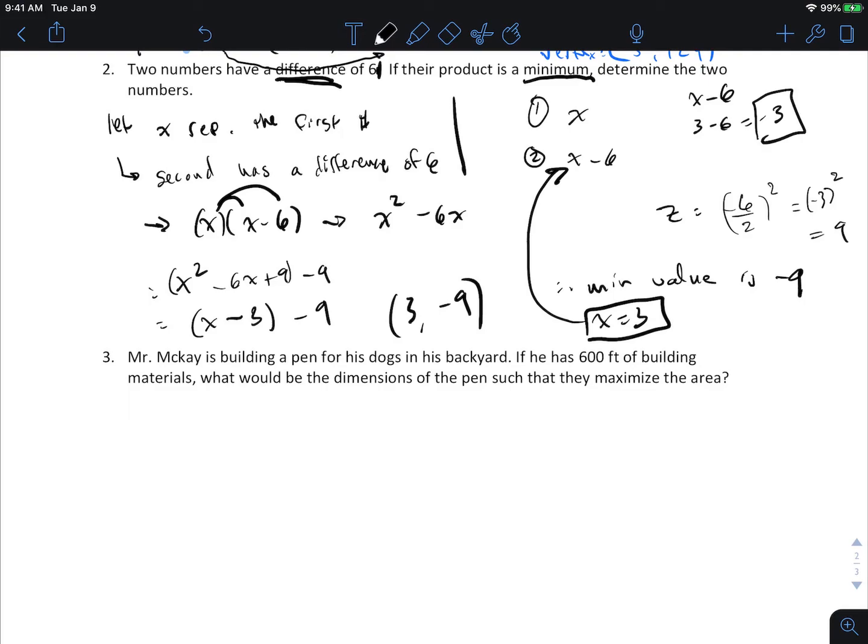You can ponder on it a little bit, but if I were to build something in my backyard and I only had so much material to deal with, but I wanted to maximize the area, maximize parabola, then there is a combination between the length and width of that shape that maximizes the area. That's what we'll think about. Okay, so we'll do that question on Monday. That's a little bit more interesting and applicable, right? Number 3. But at least number 2 gets you thinking about coming up with equations and then working through the process. Okay, so that's everything. We'll take up